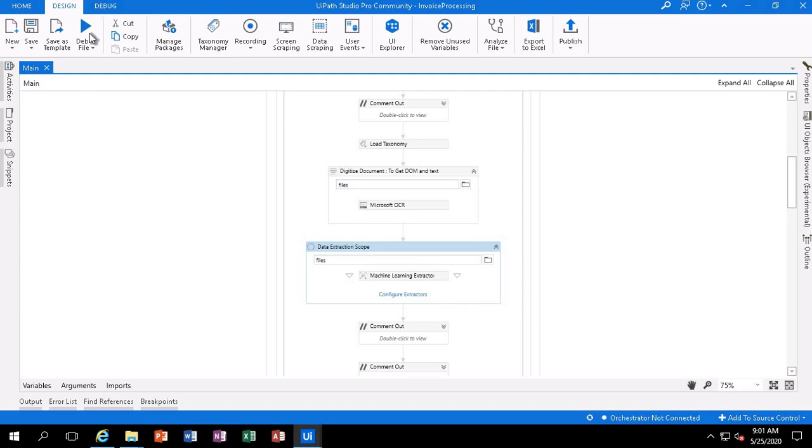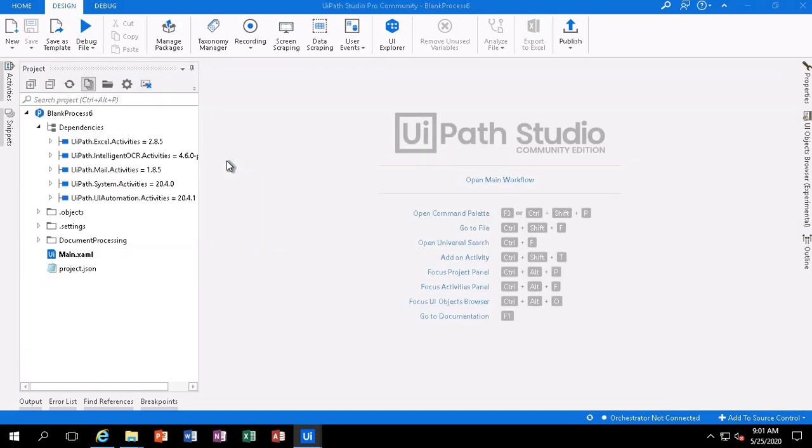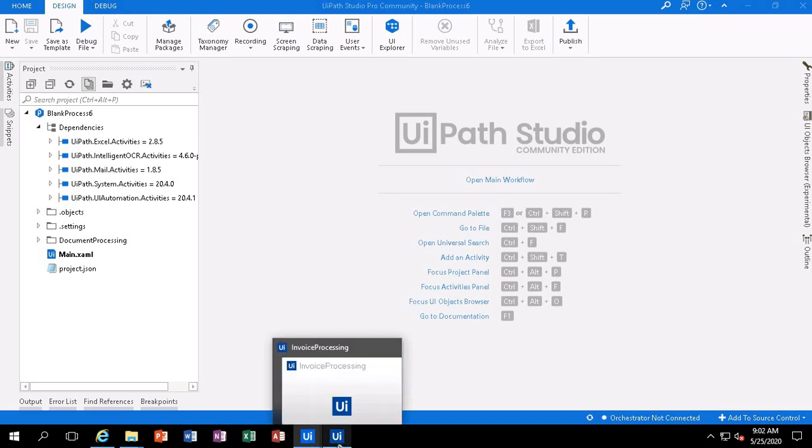Let me run this and we will see how it extracts the details from those two images and stores the data in structured format in the output Excel. Now we can see the process is running, invoice processing.